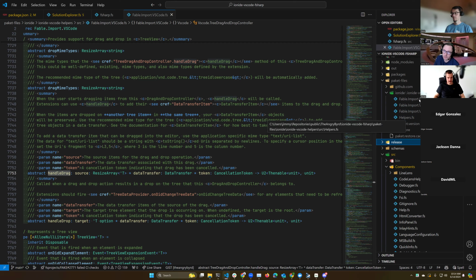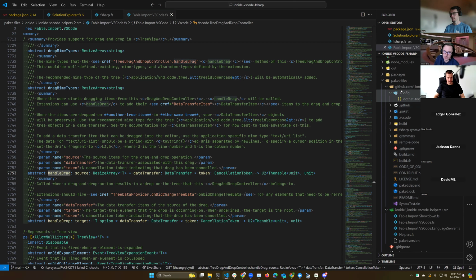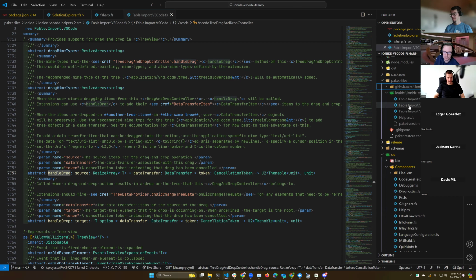I guess the one idea that would pop to my mind, I don't know if this is a ton of extra work, would be to have a white line appear. I don't even know if that would work, because you'd need to define the space in between. Hypothetically that would be the best solution, like in some other editor I've used, where you drag it and it appears between items as a little white line showing where you're going. But I don't know if that's supported.